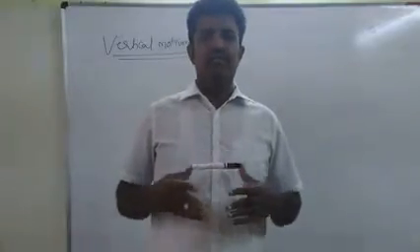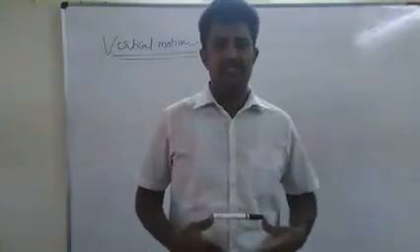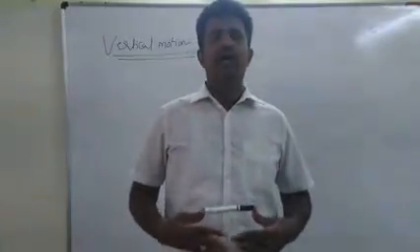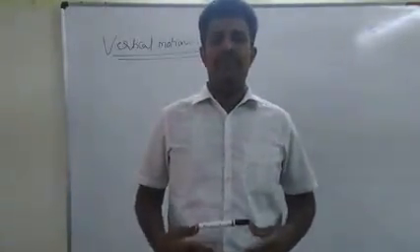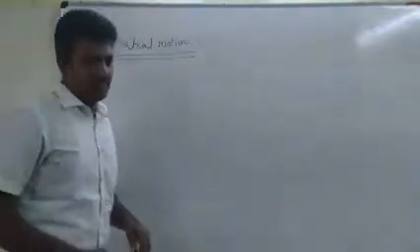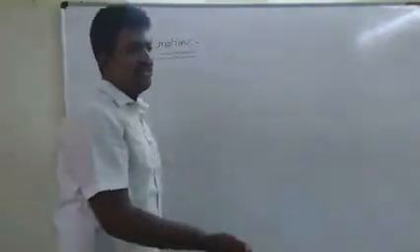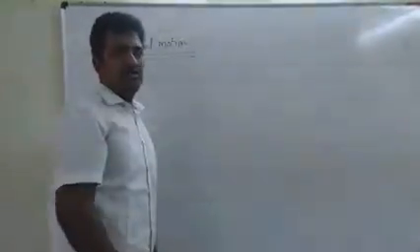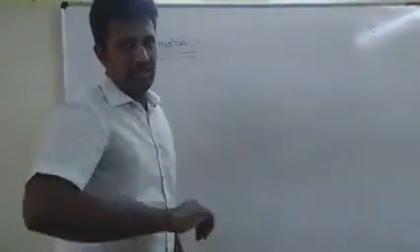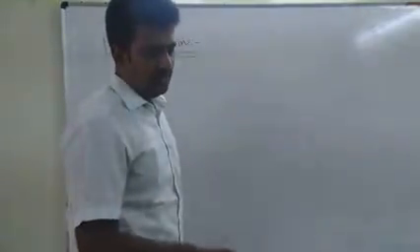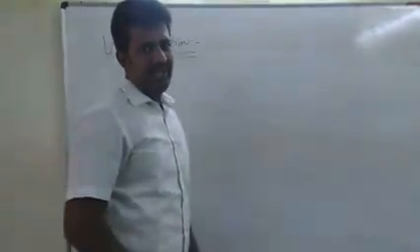Hi students, till now we have completed one-dimensional motion and then graphical analysis of one-dimensional motion. I will discuss a practical example of one-dimensional motion, that is vertical motion. Vertical is also one-dimensional. Vertical means it is one-dimensional motion along the perpendicular to horizontal. If you consider horizontal as x axis, vertical will be y axis.